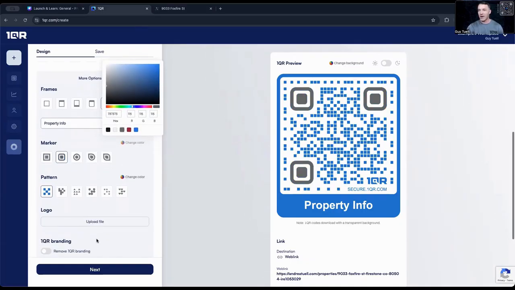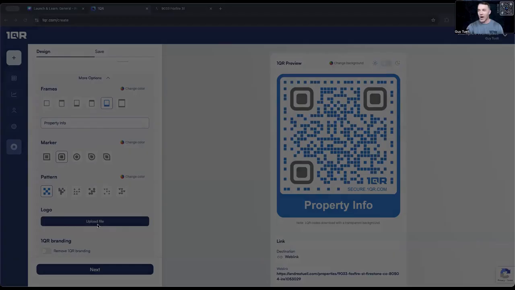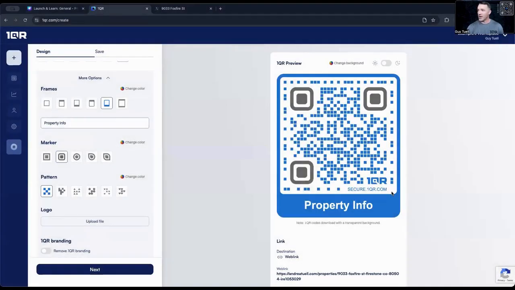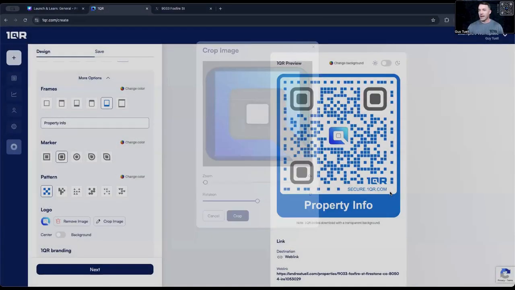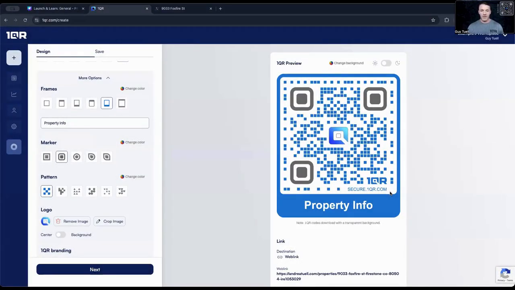I can adjust the pattern. I can add a logo. I'm simply just going to grab our company logo since I have so many downloaded. And I know my search term for it to bring it directly in. I can have a QR code that fits my brand. And when people are consuming the information, they feel more confident in scanning the QR code.